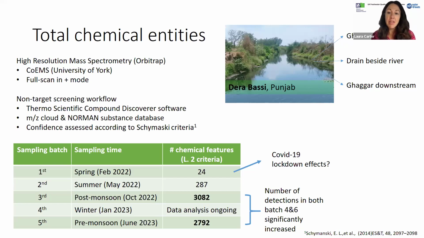We were seeing about 10 times greater number of chemical entities from the beginning of 2022 towards the end of our monitoring campaign in 2023. In comparison, in some of the work we've been doing in the UK looking at wastewater effluents, we're typically seeing around 500 chemical entities to level 2 criteria. In our Indian sampling campaign, we were seeing around 2,500 to 3,000 chemical entities. So what we're dealing with is quite a different environmental